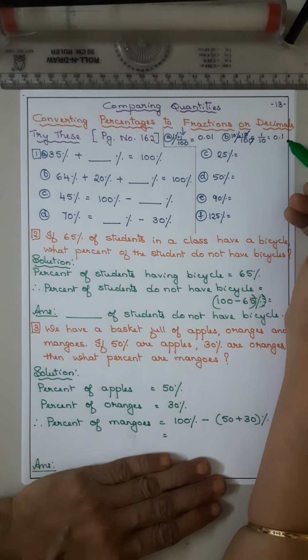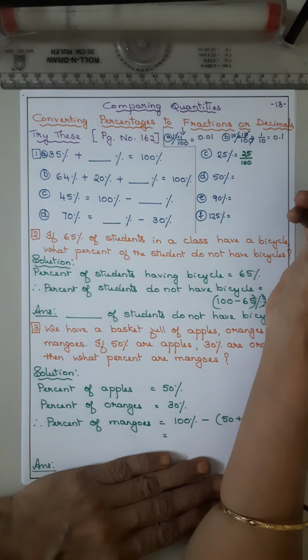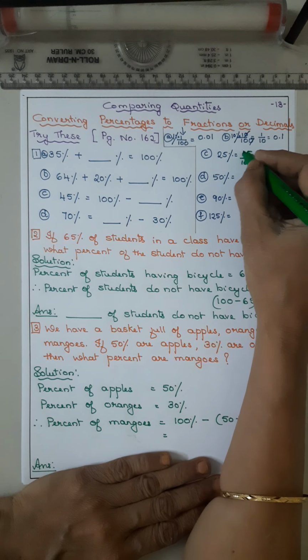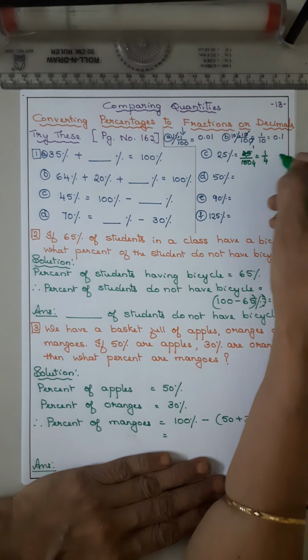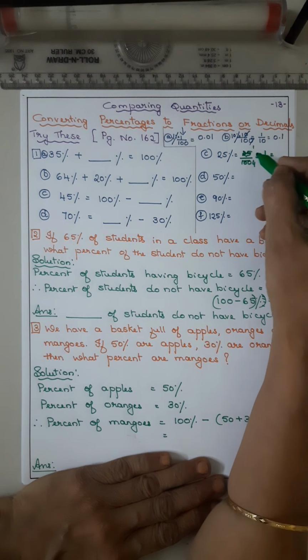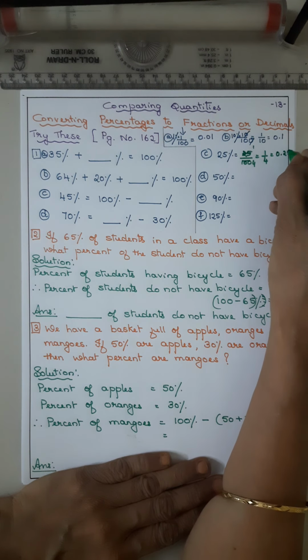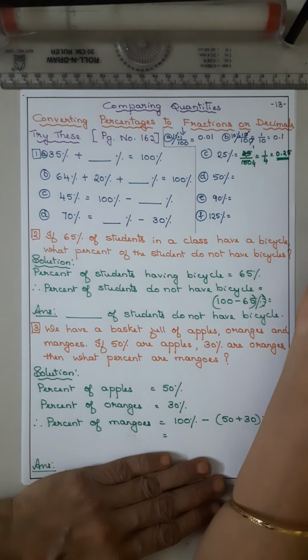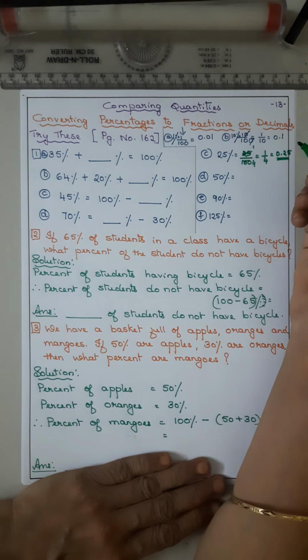0.1. Now 25% can be written as 25 by 100. So convert into the simplest form, 25 ones are 25, 25 fours are 100. So the fraction will be 1 by 4. But the decimal, 25 by 100, can be written as 0.25. 2 zeros, 2 decimals. For decimals, the denominator should always be 10, 100 and so on, isn't it? So that will be better. When you convert 1 by 4 into decimal, it will be this much.